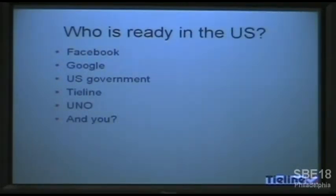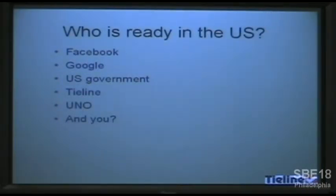Yeah, they weren't wearing shirts saying it's IPv6 World Test Day. In the US, more people than you think are actually ready for this. One thing about the US is because we're the headquarters of companies like Facebook, Yahoo, and Google, they have really put a push on this to get IPv6 ready. And Tieline is one of the companies that the school I went to, University of Nebraska in Omaha, I put them in there. So,